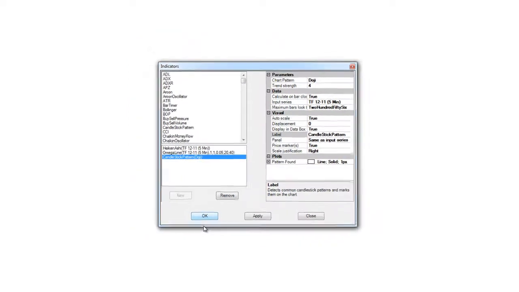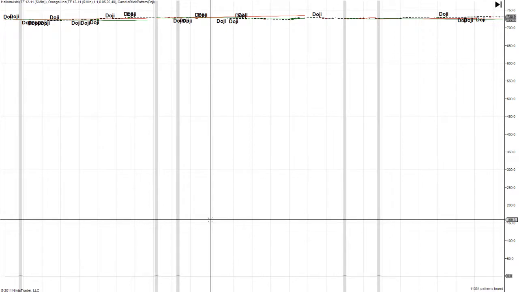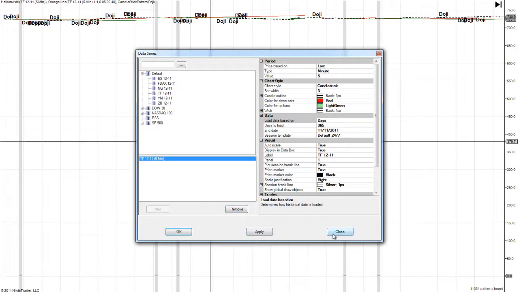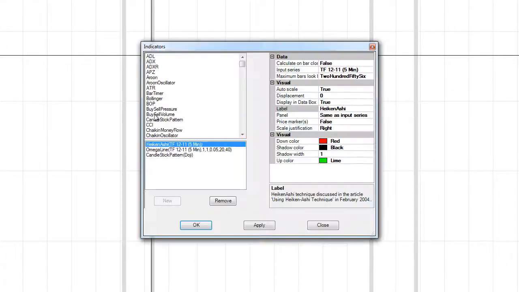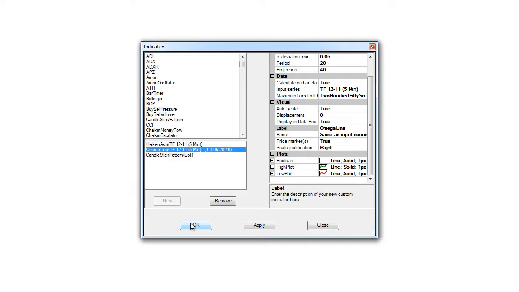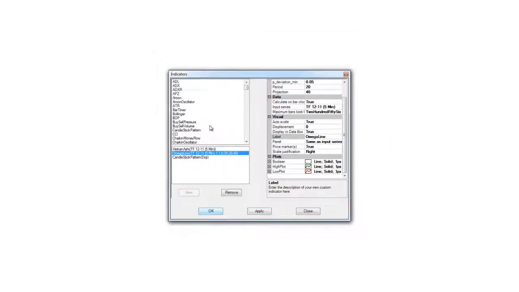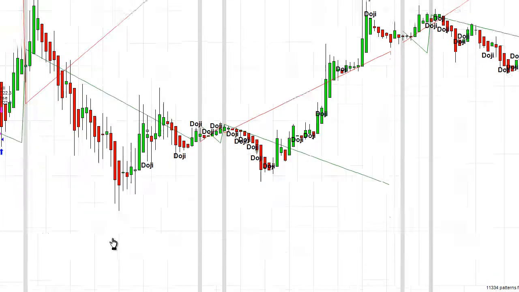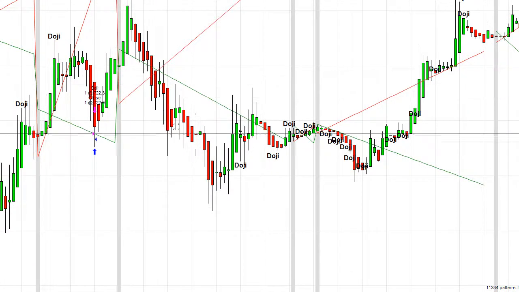Once we have that added, we should see the Heikin Ashi and the doji lines. And I believe I have one last thing I have to fix, and that's on my own custom indicator. It's a little wonky. I'm going to change this to transparent as well. And with that, we should have our chart looking like we want it to look. And there are several indicators throughout here. There's more than 100 that come bundled with Ninja, and there's all kinds of third-party vendors that you can find that also have them. So what Heikin Ashi did was change the colors of our bars according to a trend,